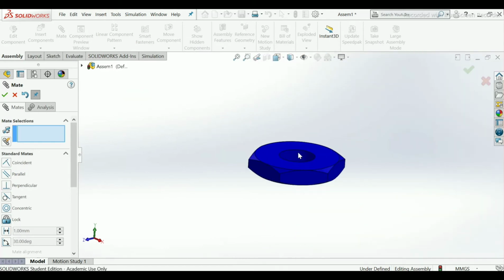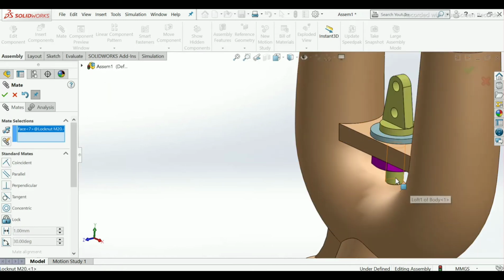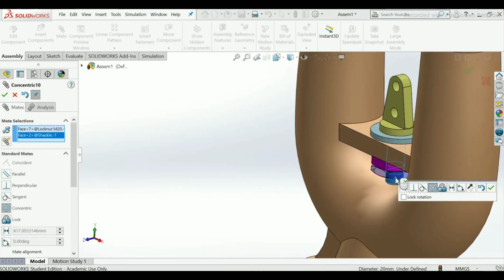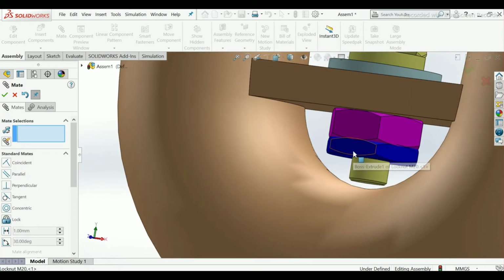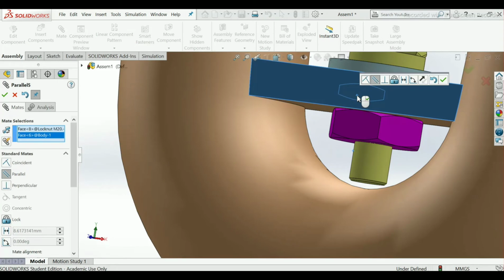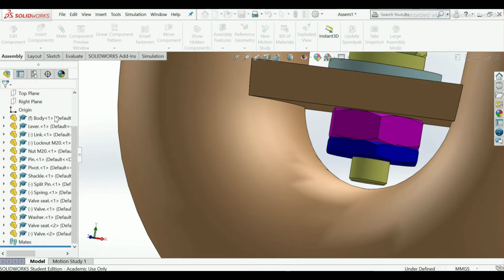Now select this face and this, same as it is, make it concentric. Okay, select this face and this, or cancel this relation.